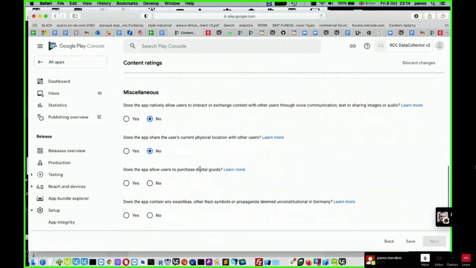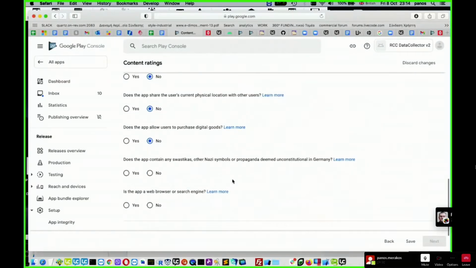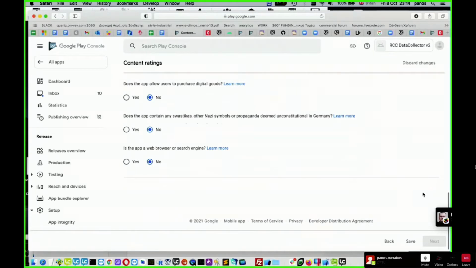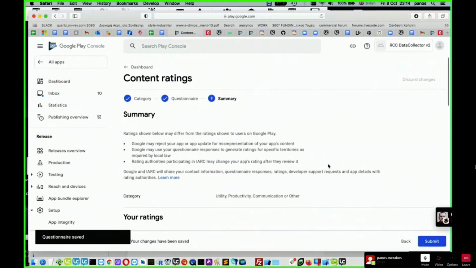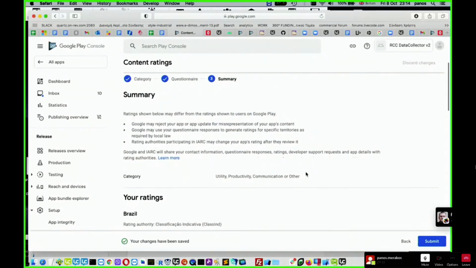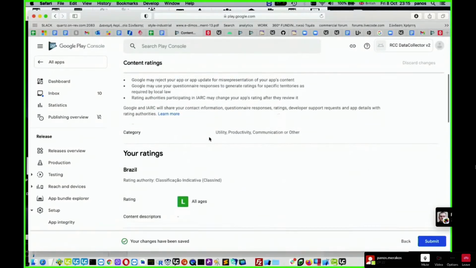No. Does the app allow users to purchase digital goods? No, because we don't support in-app purchasing as yet. No. No, it's not a web browser or a search engine. Save. Next. Okay.